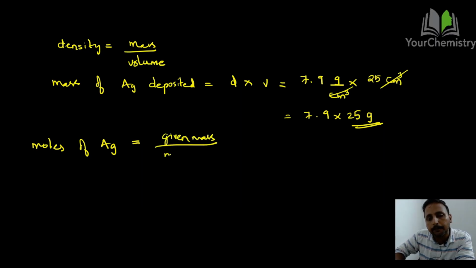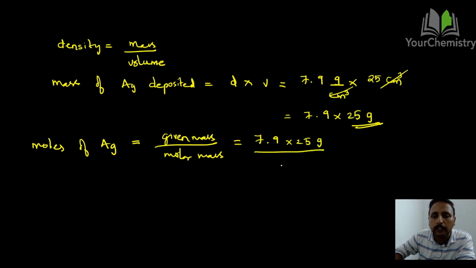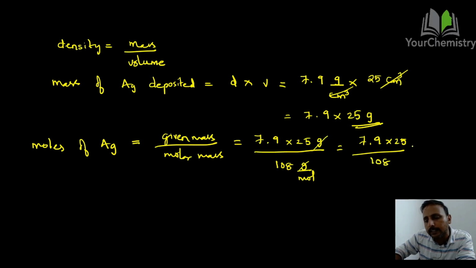Given mass by molar mass. What is the given mass? Just now we found out, 7.9 into 25 gram, divided by the molar mass of silver, that is 108 grams per mole. So if you cancel it, 7.9 into 25 divided by 108